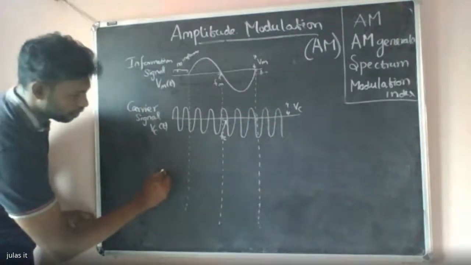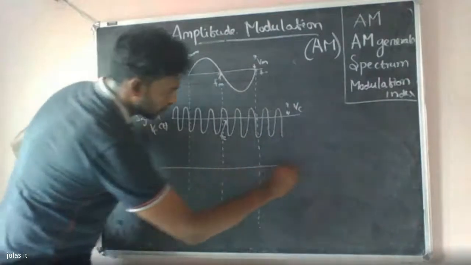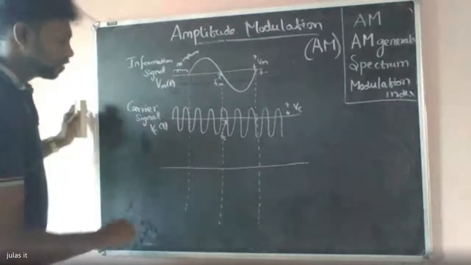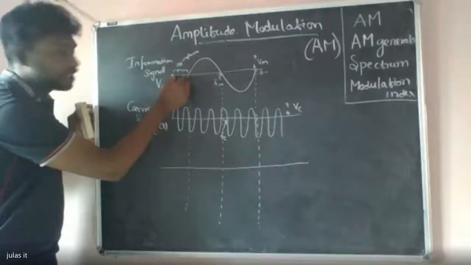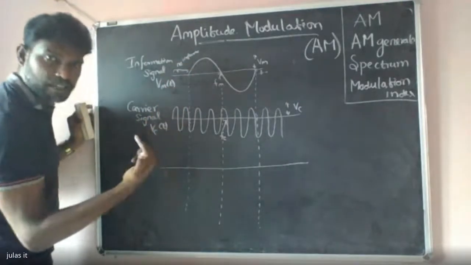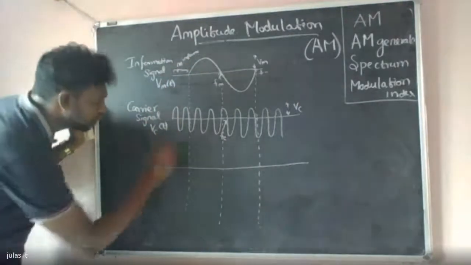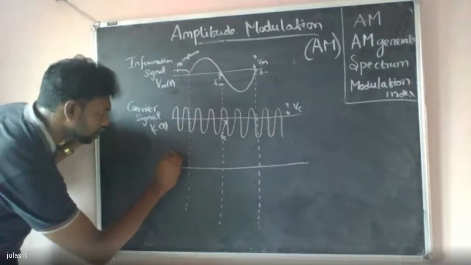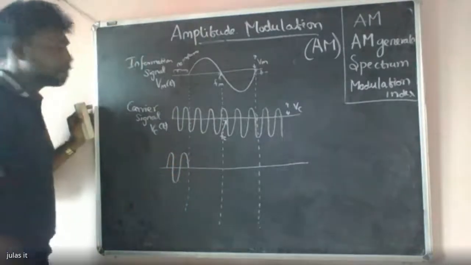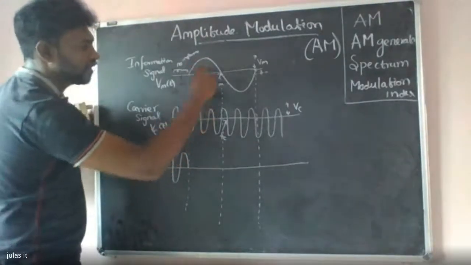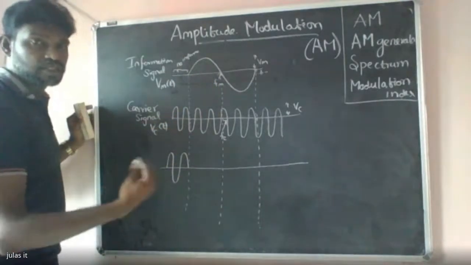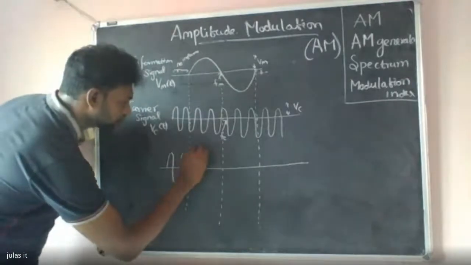So third, now we are going to get the modulated signal, right? First you take this part. Here no information is there. So while adding this part with this part, you will get the same part, right? Nothing changes. So we draw the same diagram. The carrier itself remains the same, right? But when you come to these two parts, whenever you add these two parts, a bigger change is going to happen, right?